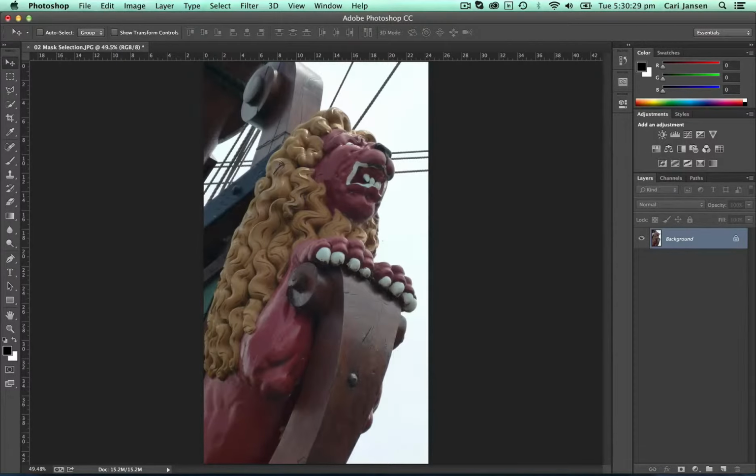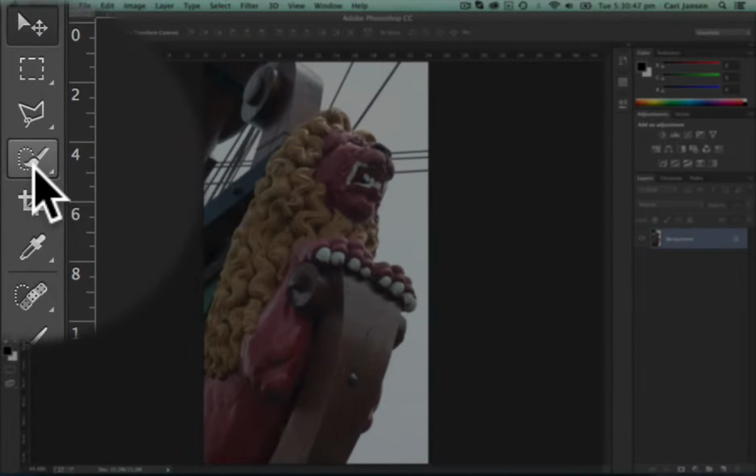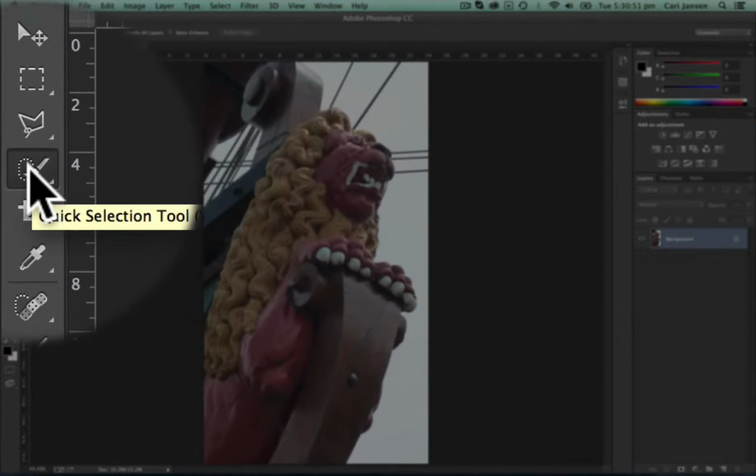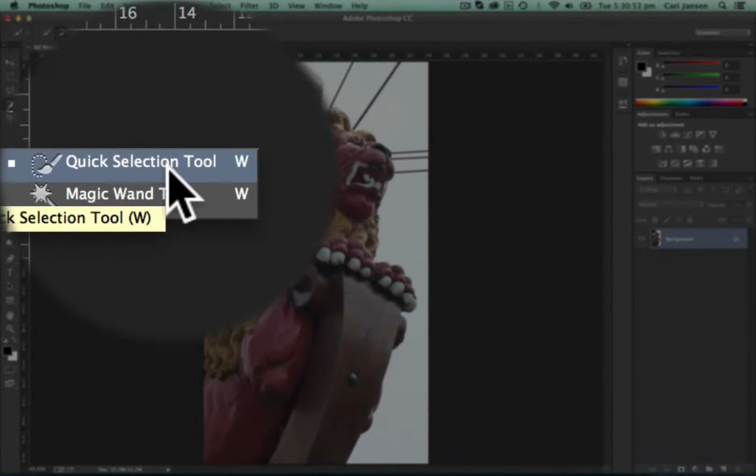In this tutorial, we're going to be looking at one of many techniques that you've got in Photoshop to get rid of an unwanted background. So we'll start out by selecting the item that we want to keep, and that is that lion head that you're seeing here. The easiest way to probably select an area that's very sharply defined is by using the quick